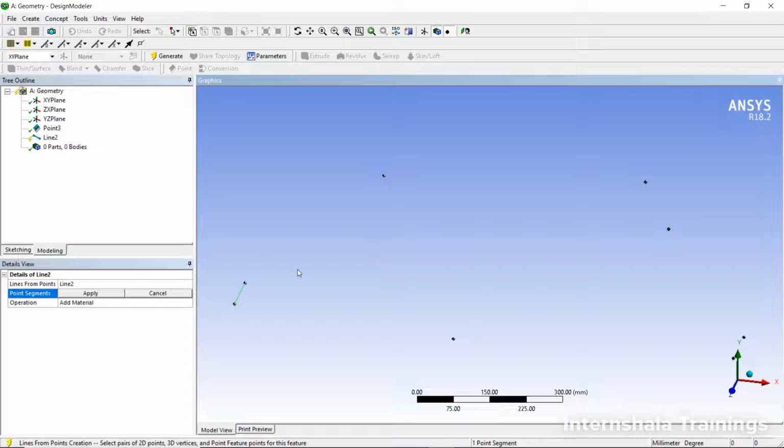So for example, let us say if this particular line is made up of some square beam, and the next line which I am going to select is going to be made of circular beam, we cannot generate these two lines in a single line file. So if we have multiple cross sections, you need to select the points separately, but if you have the same cross section, you can just select it in a single group.